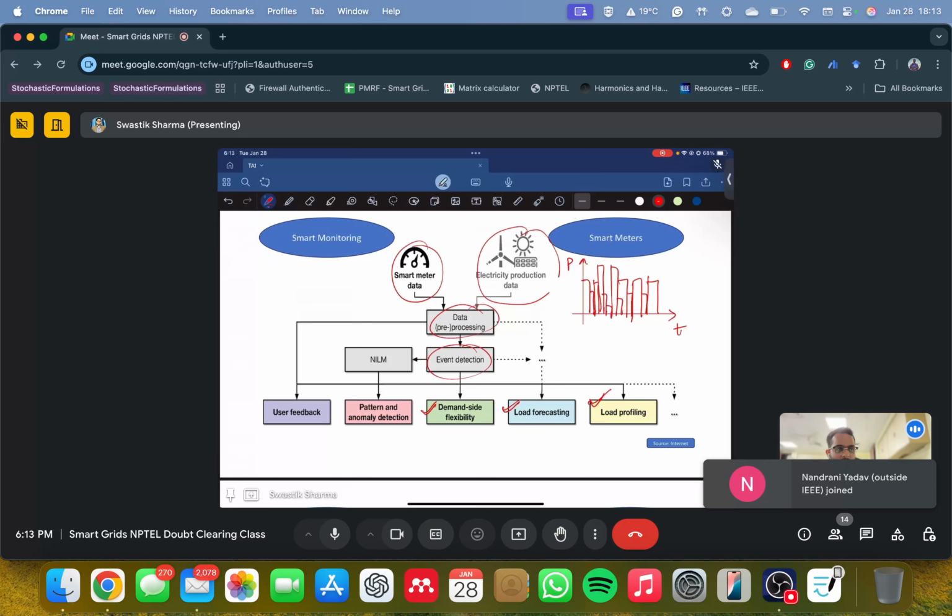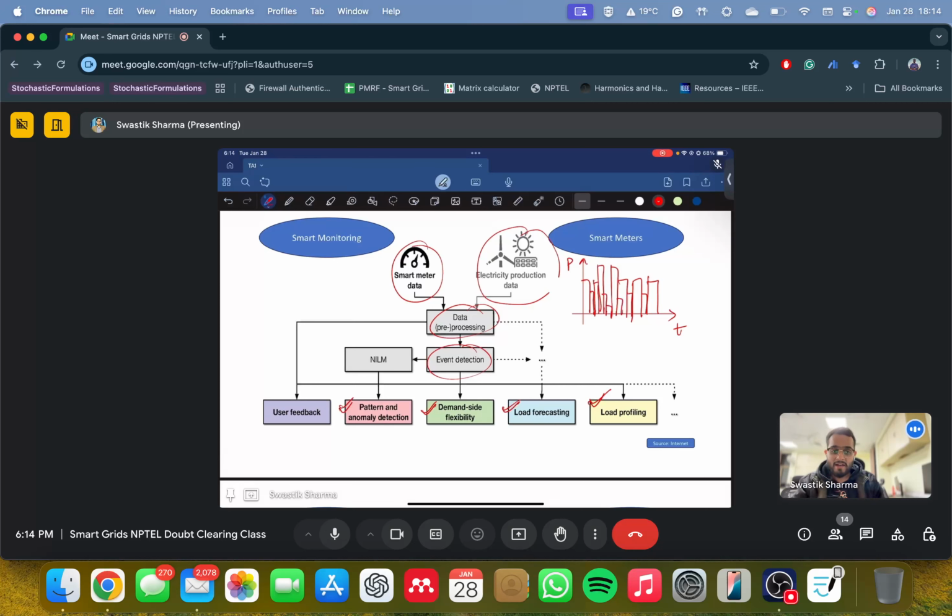What is demand side flexibility? It means modulation of power. Let's say I, as a discom, tell you, okay, I will give you 100 rupees. Don't use your AC during 12 to 2 p.m. Your AC usage during 12 to 2 p.m. causes me to get electricity at a very high price, and I'm willing to pay 100 rupees. So because the company knows you use your AC during 12 to 2 p.m., it can offer you incentives to have some flexibility in your demand.